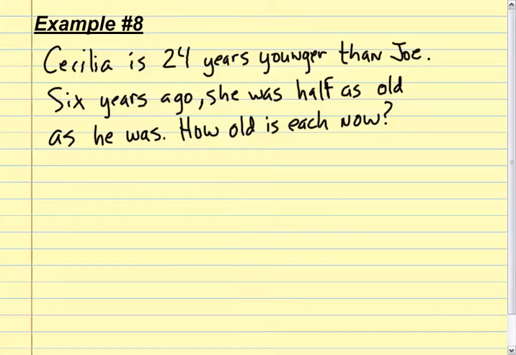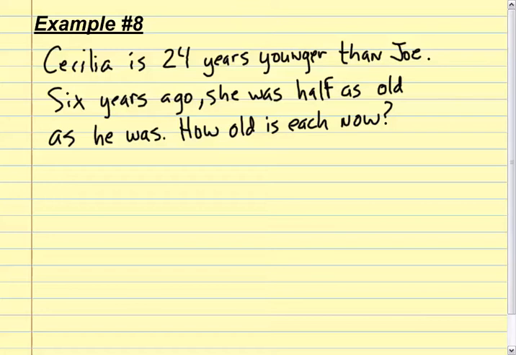Okay, example number 8. Cecilia is 24 years younger than Joe. Six years ago, she was half as old as he was. How old is each now? Chambliss, what do you think? Okay. We need 2 equations. Yes. So the first equation would be